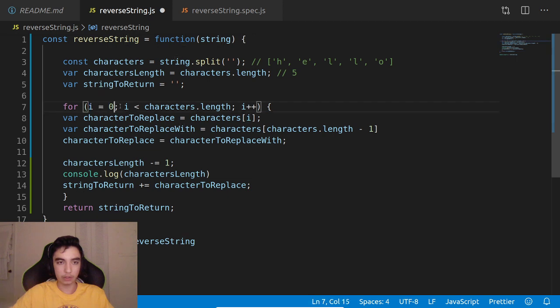I assign i to 0, and while i is less than the length of this characters array, i will increment by 1. Then we go inside. I assign the characters to replace. So basically I'm taking the first character, which is H, and assign it to character to replace. Then I take the character to replace with, and let's see, I'll just say H,